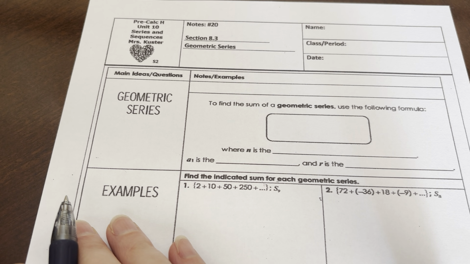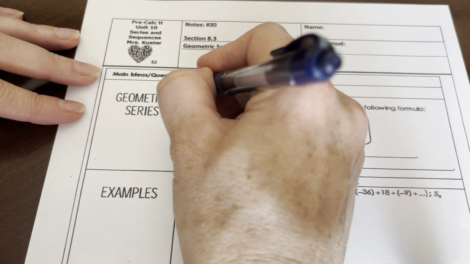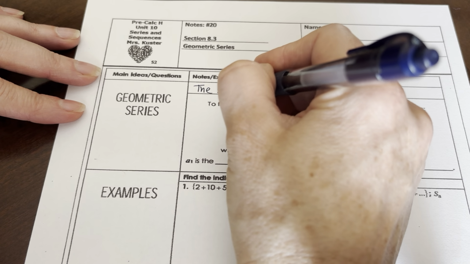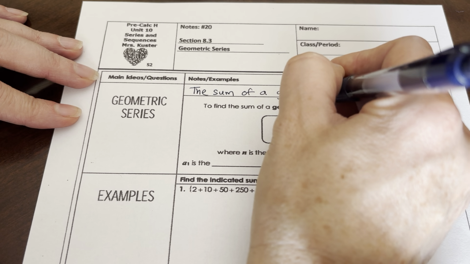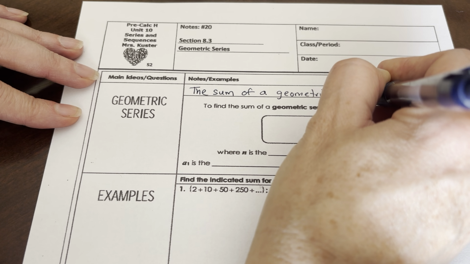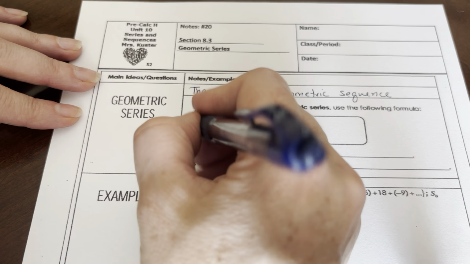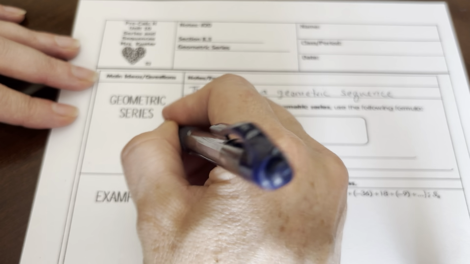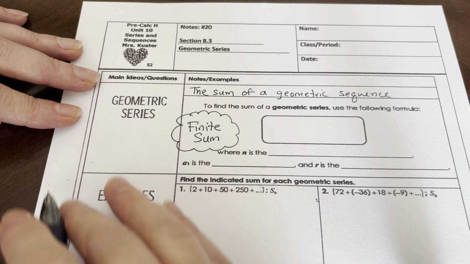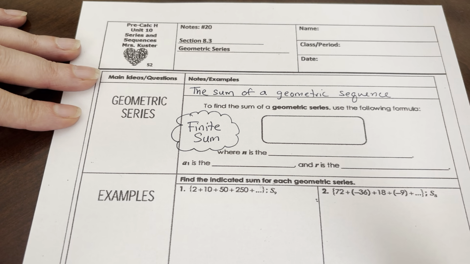All right, this is the first part of the geometric series notes. A geometric series, just like we did arithmetic series, is just the sum of a geometric sequence. To find this sum, we're going to be doing two different types of sums today. We'll be doing a finite sum, which means it has a distinct number of terms, and then we'll also be doing an infinite sum. But for a finite sum, it is S sub n